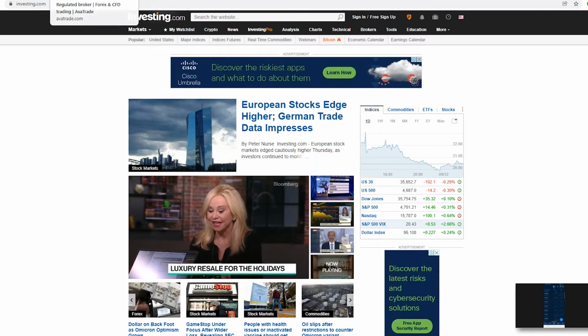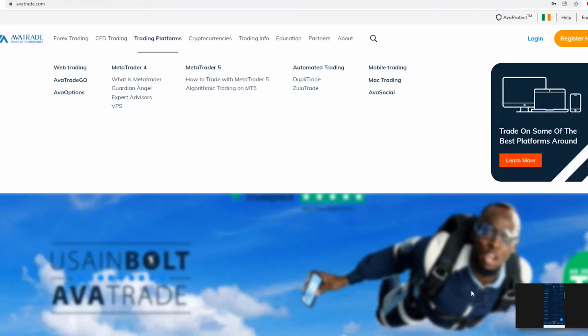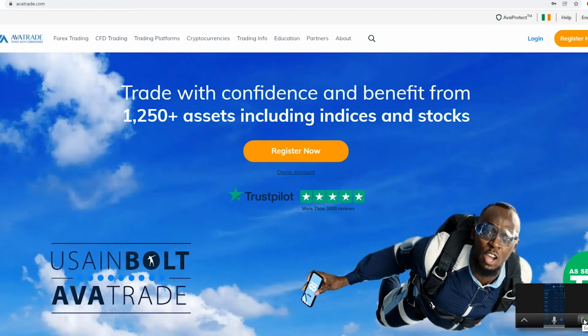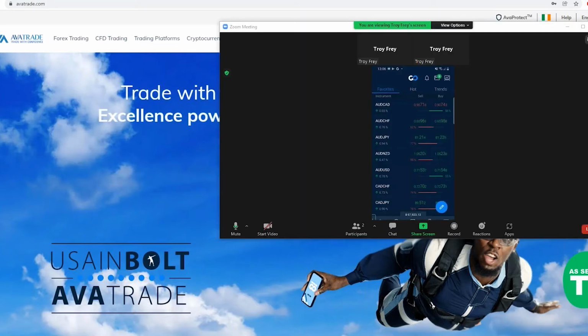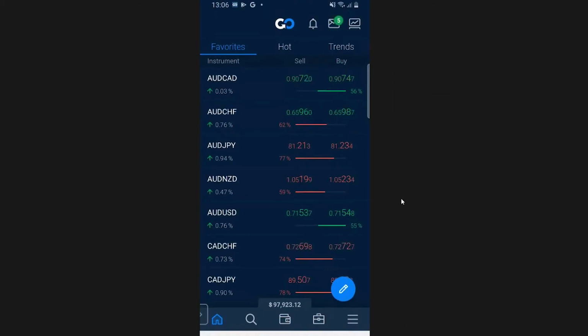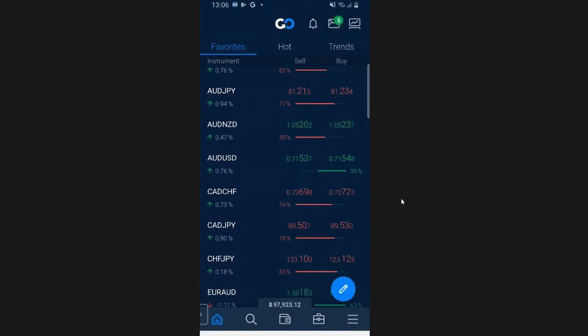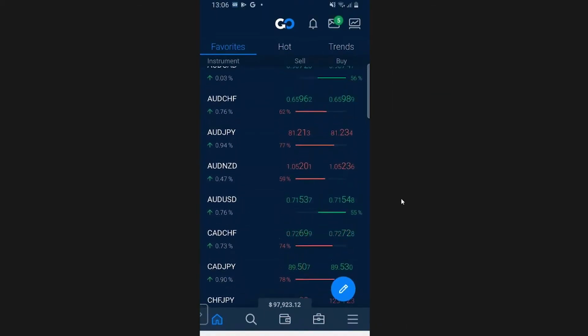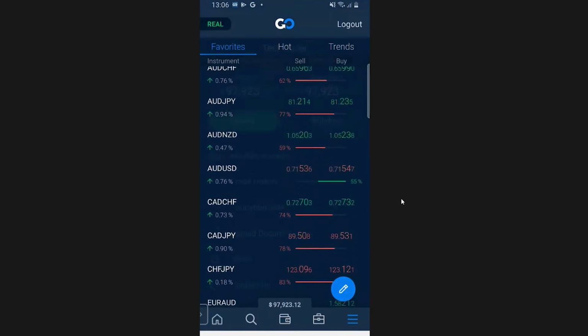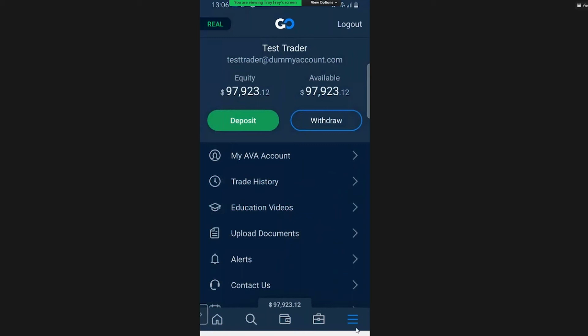Okay. Now, if we want to take a look at the mobile app, I'll go ahead and expand the view I have here in the lower right corner of my phone. Let's do a full screen view and take a look at the AvaTrade Go mobile app, how it can help you with your technical analysis and your risk management. So a nice feature to use, if you just tap on this little tab here in the